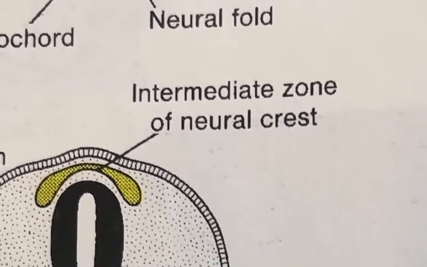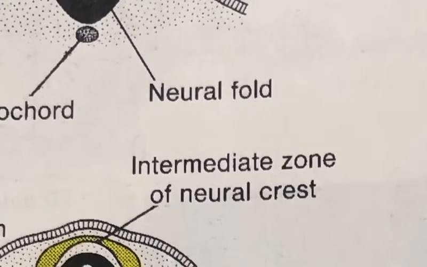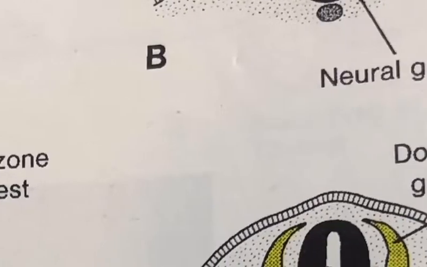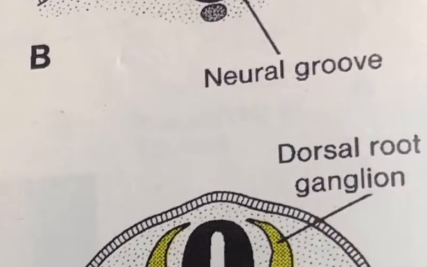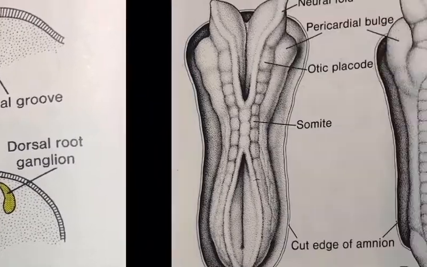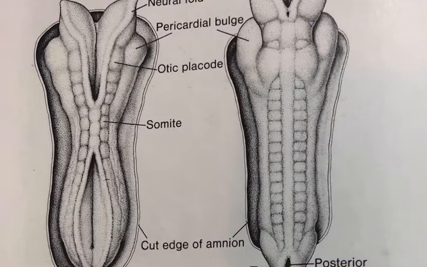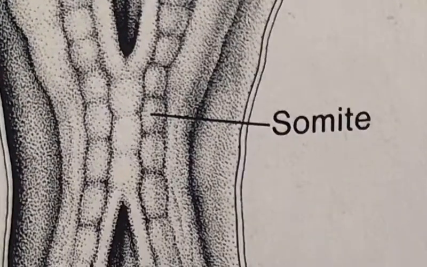Then at the lateral edges, you can see something green in color, that is called neural crest cells. These crest cells get detached. This is how the neural crest cells are formed. This is the point about the neural crest cells formation. Now you should know what the neural crest cells are. Before that, you should know about the opening at the anterior side and posterior side. That opening of the neural tube, the anterior part is called the anterior neuropore and the posterior one is called the posterior neuropore.